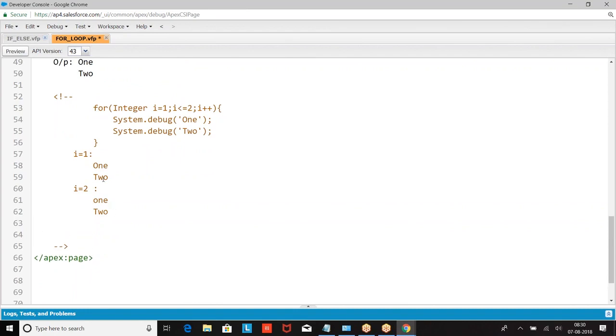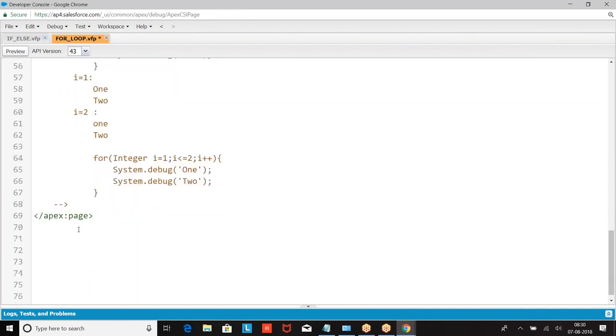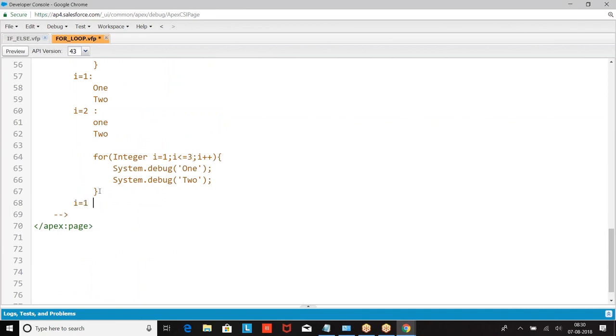Same loop with i equal to 1, i less than or equal to 3, i plus plus. When i equal to 1, 1. i equal to 2, again 1. i equal to 3, 1.